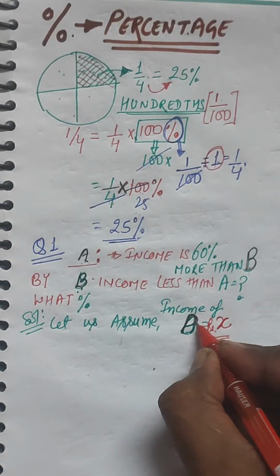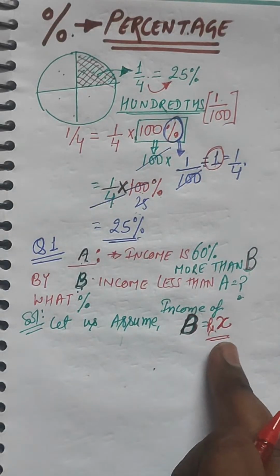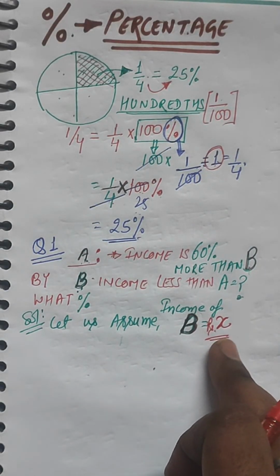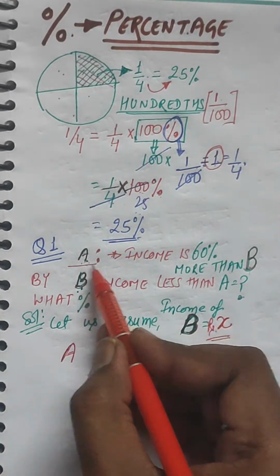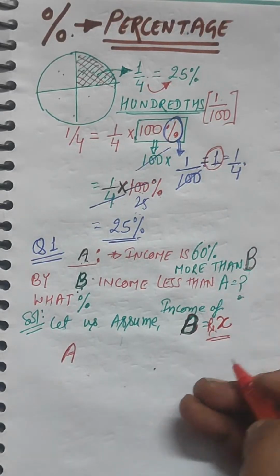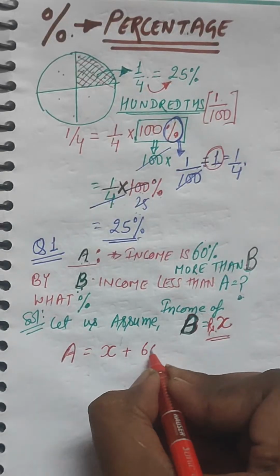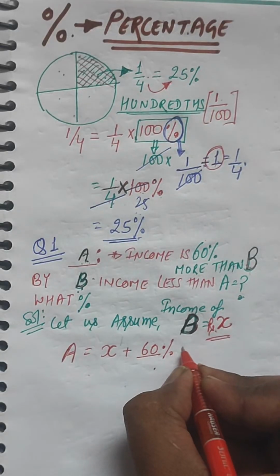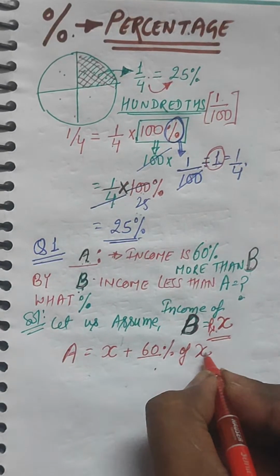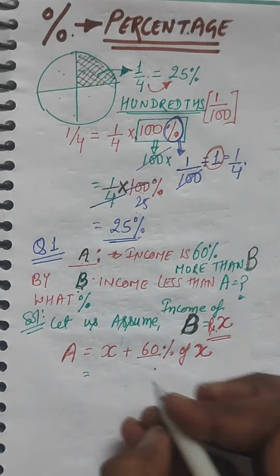This is the income of B, right? If this is the income of B, then what is the income of A? Definitely you can see the question. A's income is 60% more than B. That means A's income is X plus 60% of X, isn't it? Now here what we will do, this X,